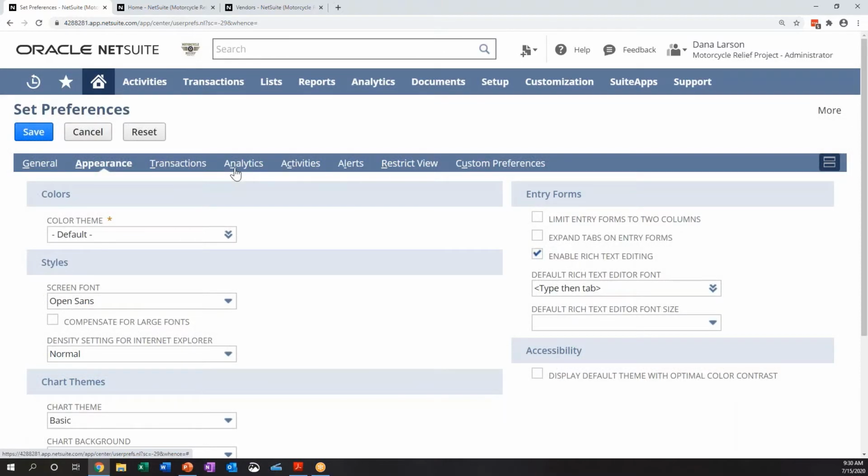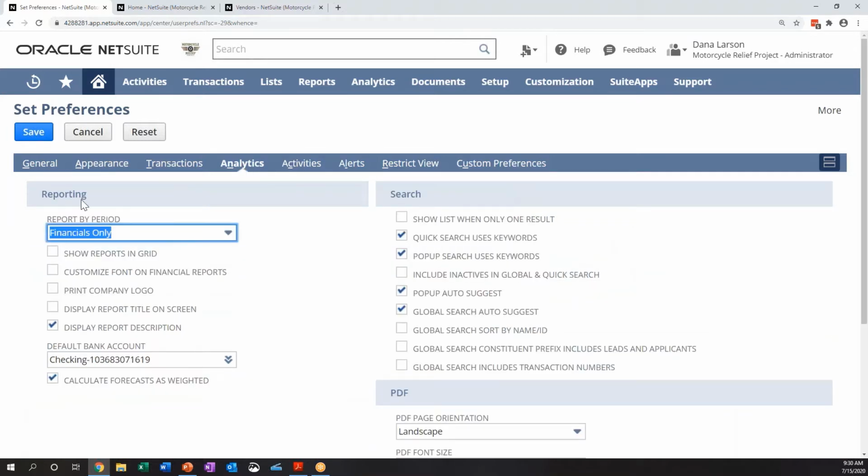I'm going to go straight to analytics here. This is a really important one, report by period. As you know, in NetSuite, there's a date field and a period field. And the reason for that is you typically run financial reports by period, but let's say I put in a rent payment at the end of March, but it's really for my April rent. I can date the vendor bill in March, put the date on as March, so that